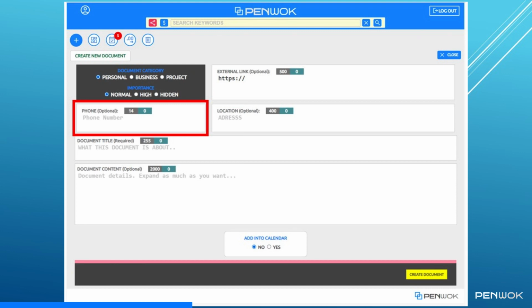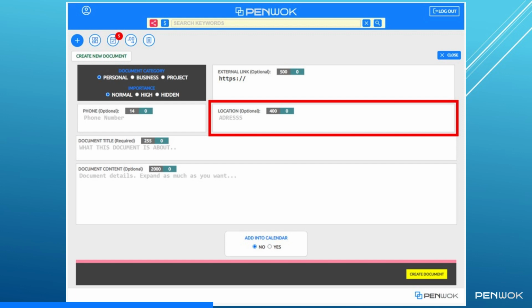The phone field is particularly useful if you need to set a reminder for a call. By entering a phone number, you can easily keep track of important phone-related tasks. The location field enables you to utilize the map function on mobile devices, helping you navigate and associate specific locations